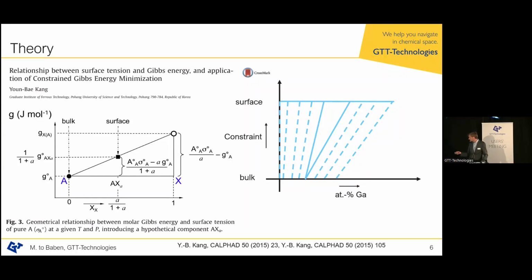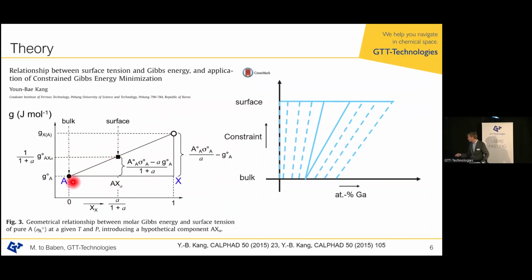And I actually like this formulation by Yunbei Kang here, who has written it up in a much nicer way than before, describing what's really happening and connecting ultimately the grain boundary, the surface energy in this case, the sigma A, to the Gibbs energy that you have to assign to the end member